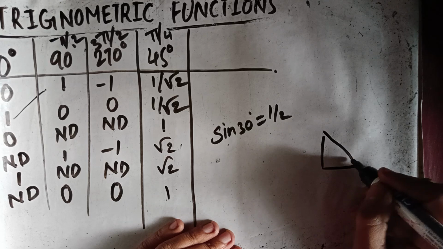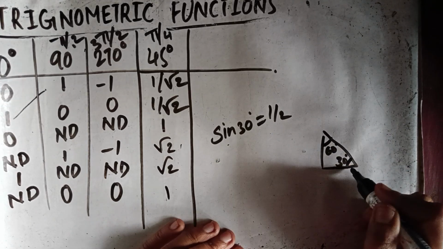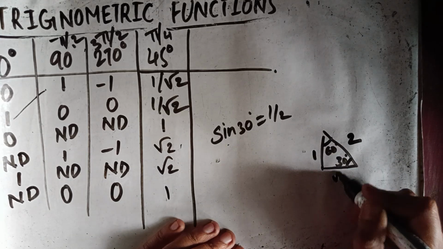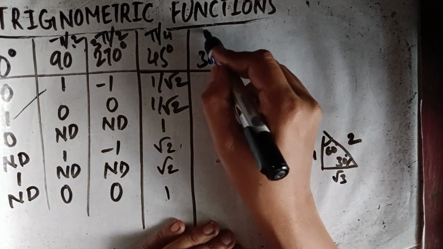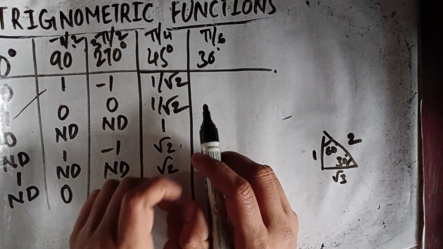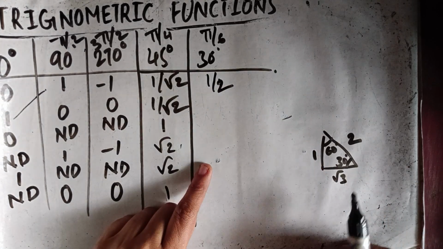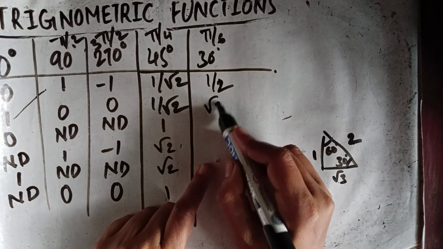If this is 30, this will be 60. Sin 30 means opposite upon hypotenuse. So this is root 3. If you are taking 30 degree, that is pi by 6, sin 30 is half, cos 30 is root 3 by 2,